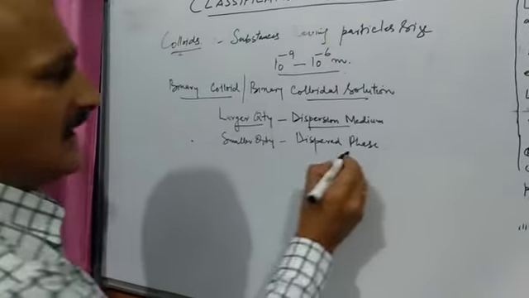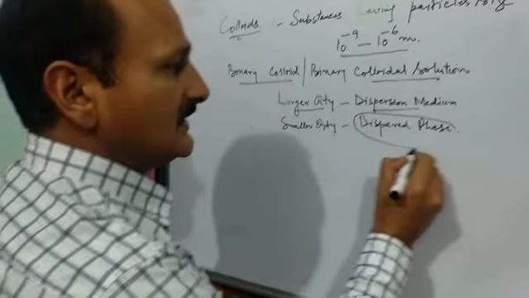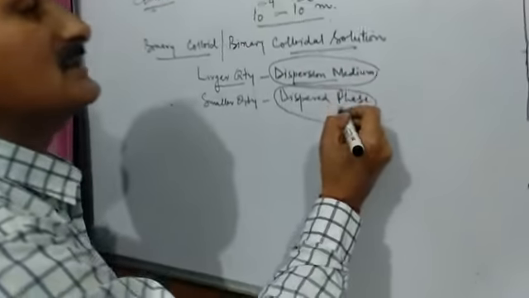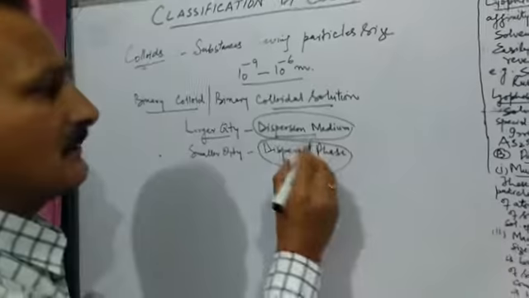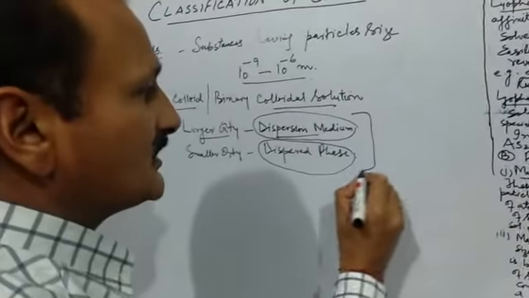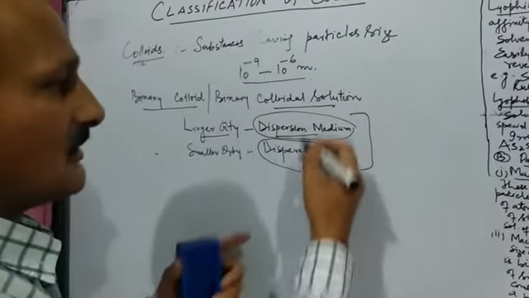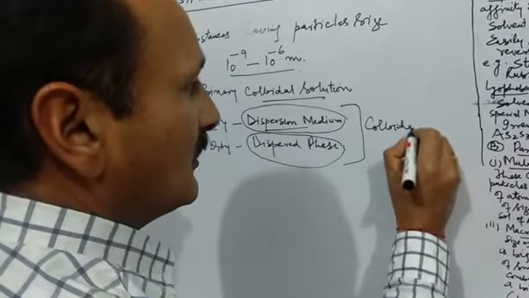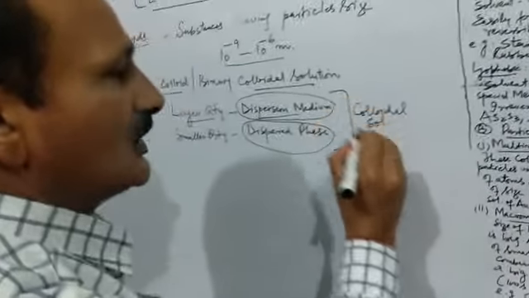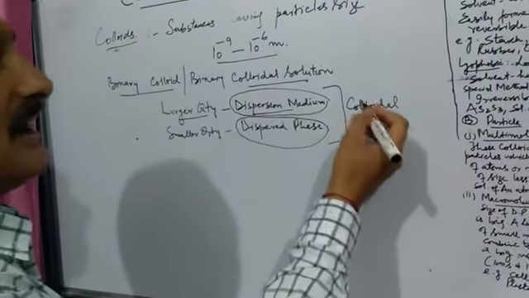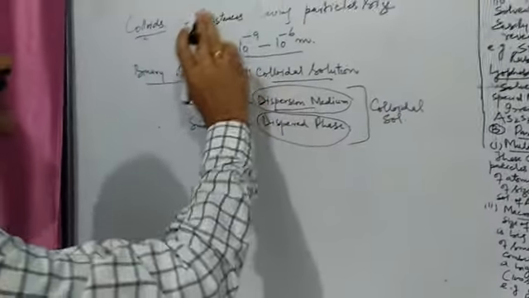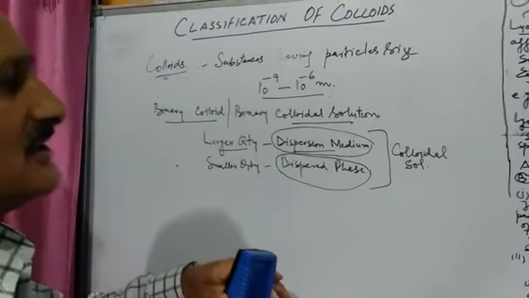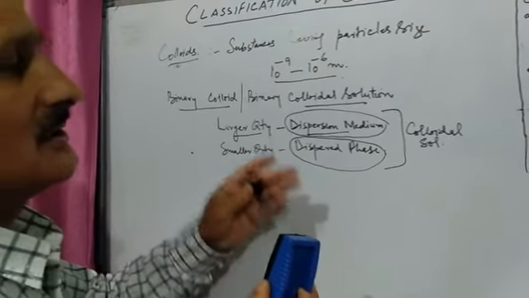So, when a dispersed phase is mixed with or dissolved in dispersion medium, the product, that is the substance that we get after mixing them, is known as colloidal solution. Or more precisely, it will be a binary colloidal solution. So it is all about colloids. Now, colloids have different properties which we have already discussed. We will be discussing them in the next lecture.